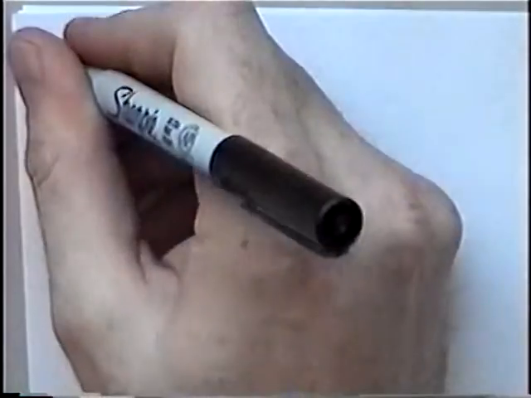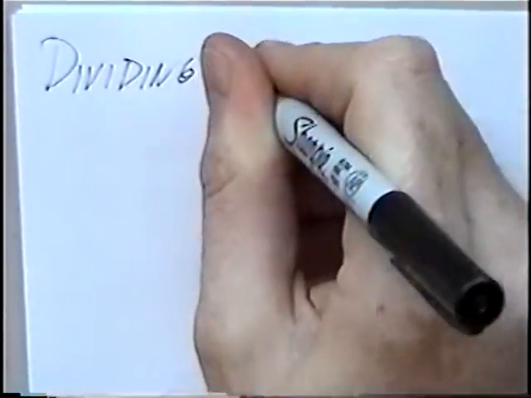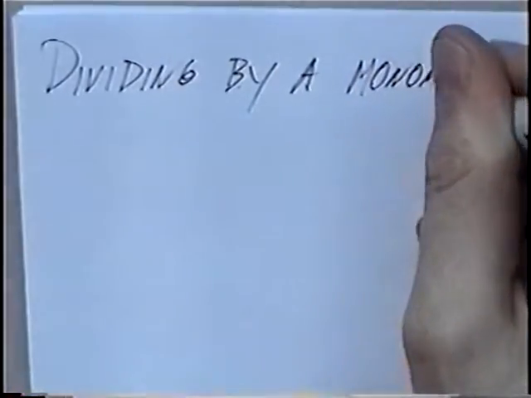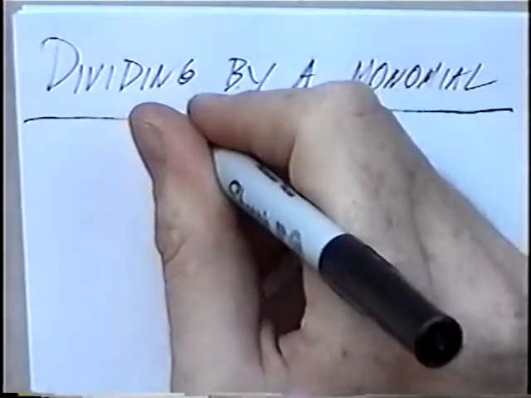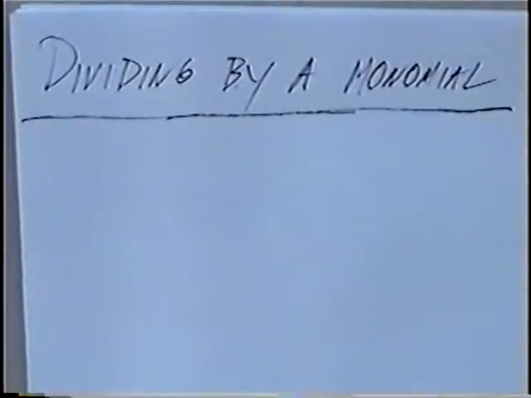Title of the first section today is Dividing by a Monomial. In this section, we'll divide by a monomial. A monomial only has one term. First question,